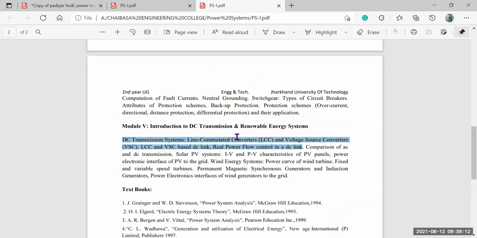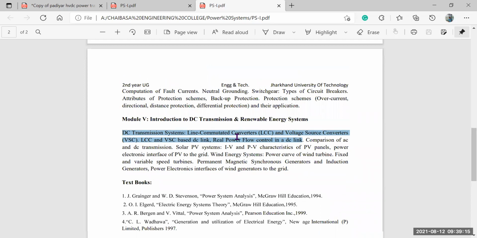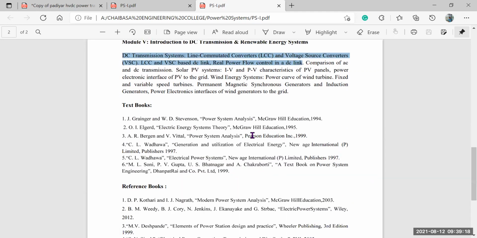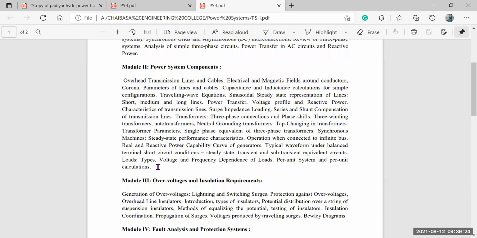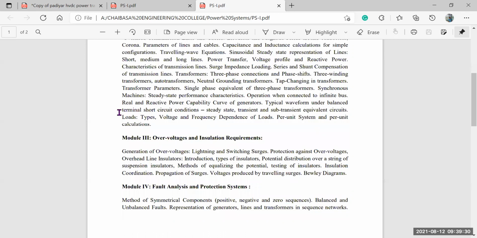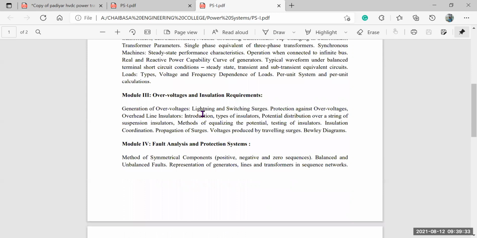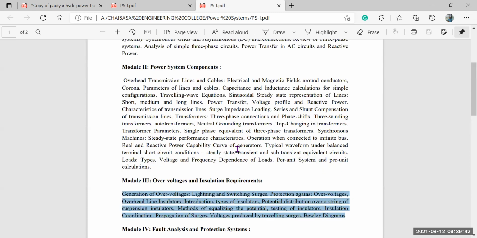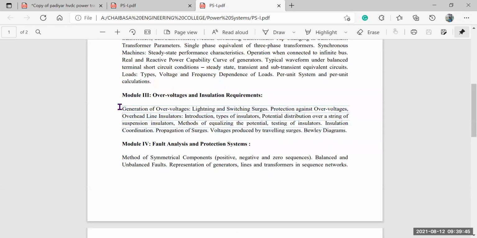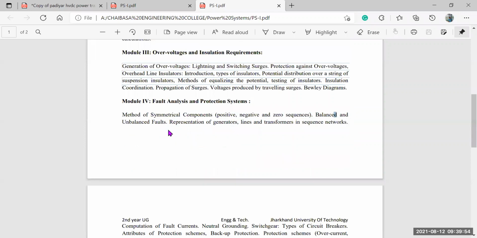We will do this, it will get solved. And if I get, your all modules will be over, only this would be left. Okay, that is this segment. Once the over voltage insulation requirement is finished, I will move on to this. Let's see, sir, whether they say so or not, but I will move into this. After finishing that, we will come to this: lightning and switching surges, protection against over voltage. What they have given in power system, I don't know what they will make us do next.